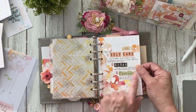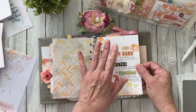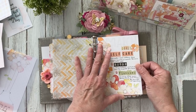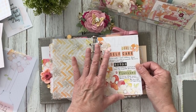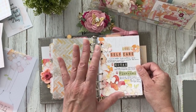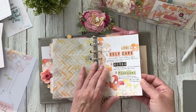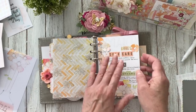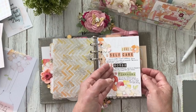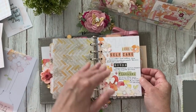Three goals that I'm working on. And these are not just for the month. These are my three main things that I am working on this year. I've just made up my mind. My word for the year is peace, protecting my peace. And I've really done a lot of steps to do that for my self-care, my house, my finances. And so I made a goal. I thought, I'm going to try that this month so I can look at it. And it's kind of amazing how when you look at it, it gets in your mind